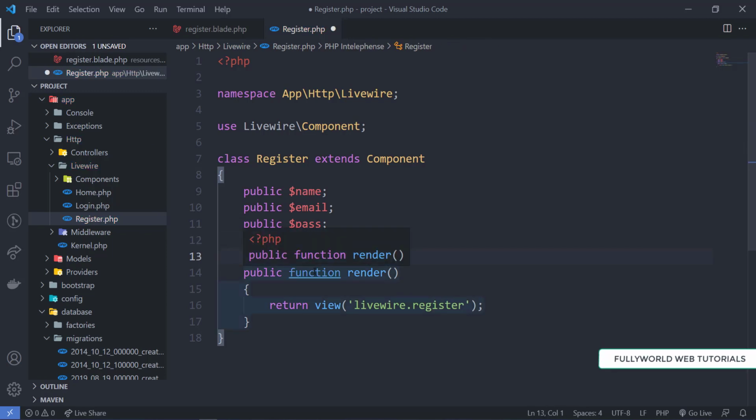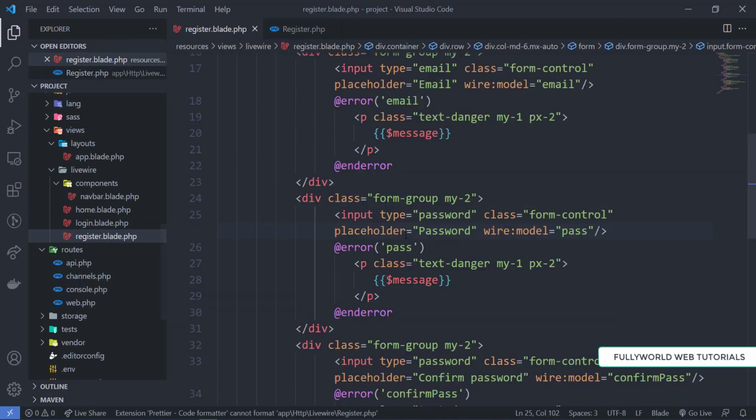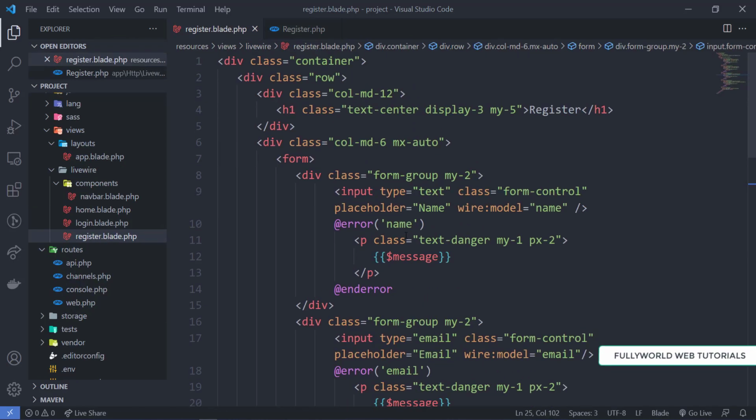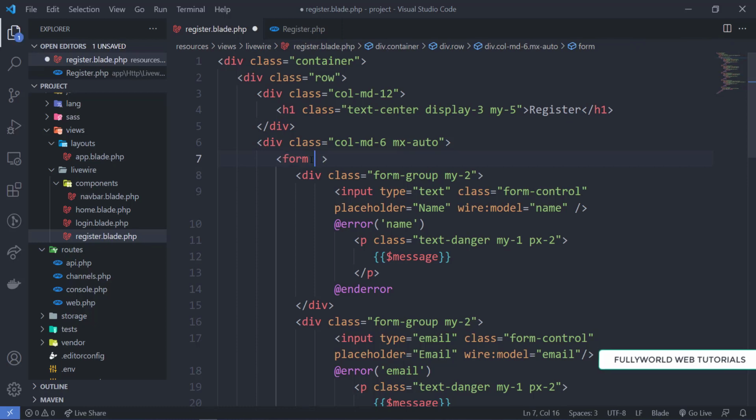Now we have to validate this. How can we validate? First of all, we have to define submit here, and that submit we are going to do in real time. So we will be using wire:submit, and as we have to prevent the page from reloading when I submit, we will use submit.prevent, and here we will define the function name.